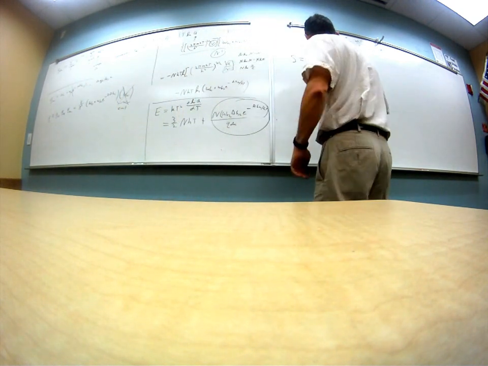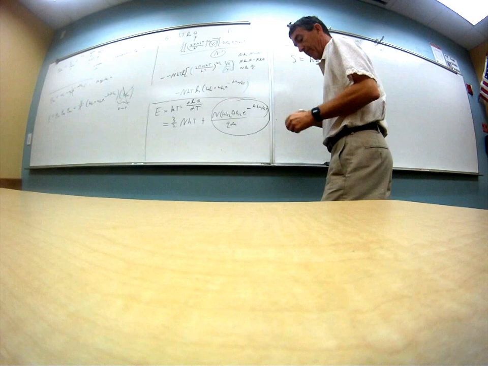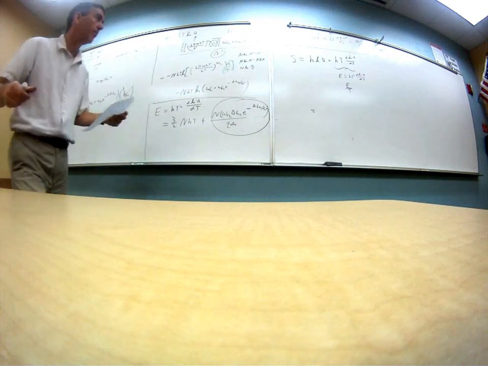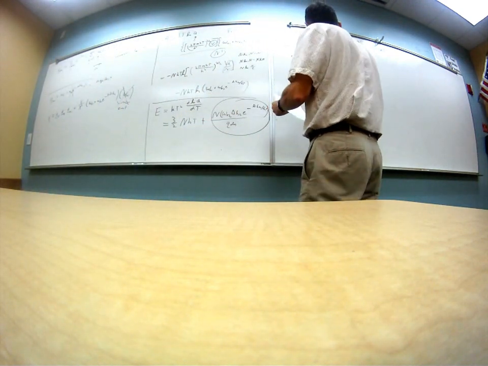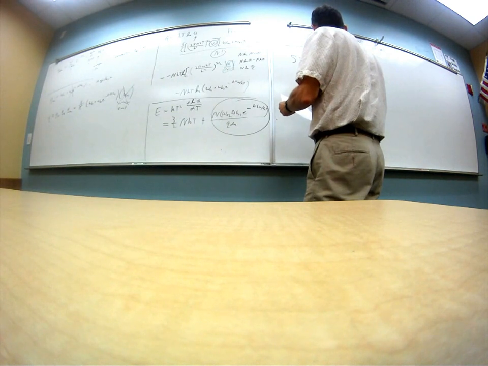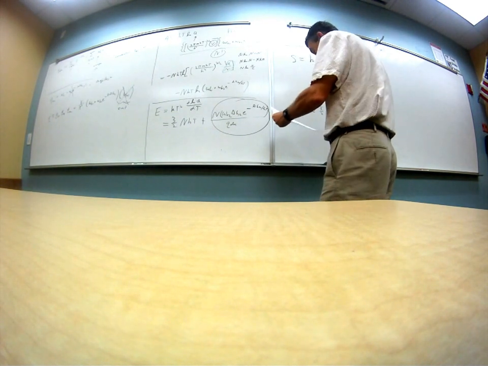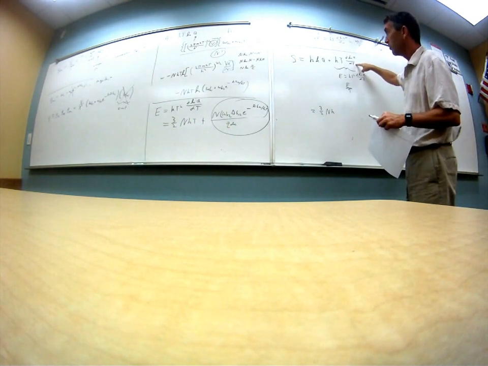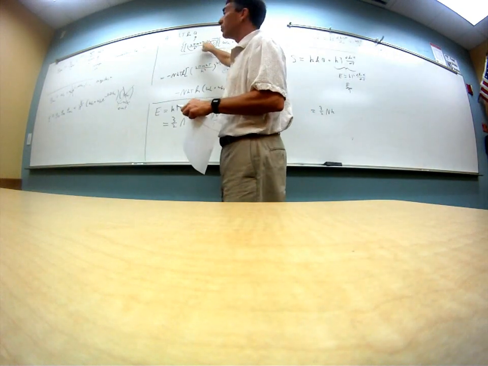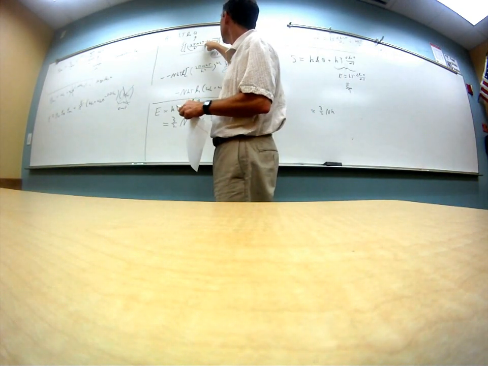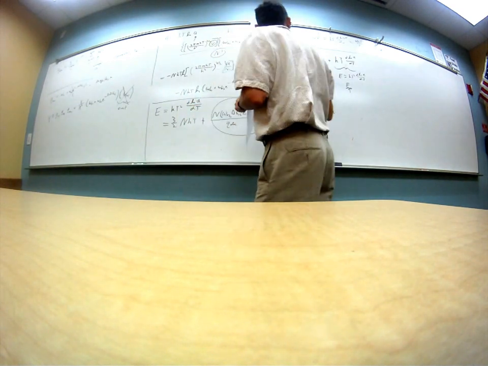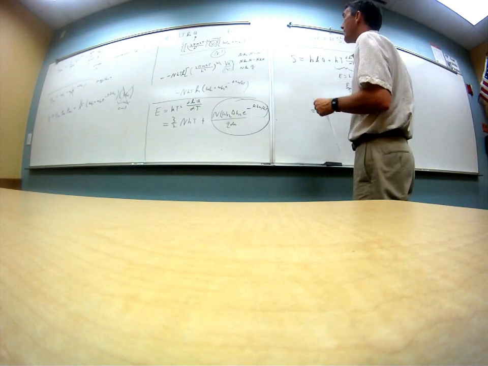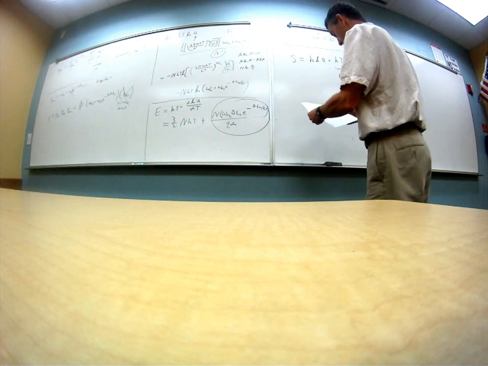So it turns out what you get is three halves Nk. And the 3/2 Nk comes from the partial of log Q with respect to T, this part where the T is. That's the 3/2, obviously, and there's the N. That's that one. Plus